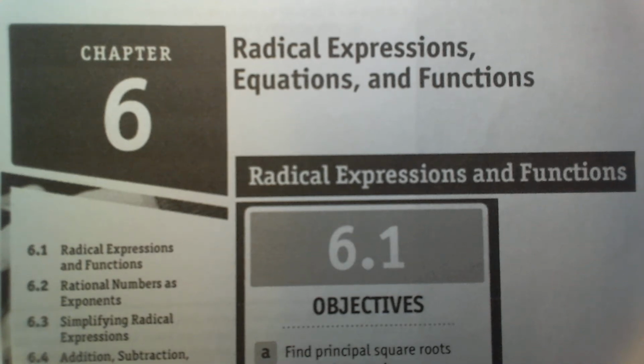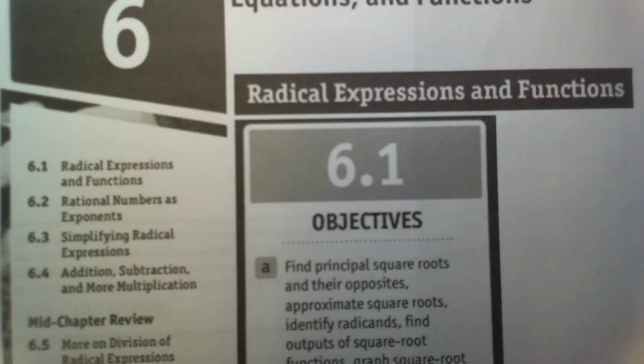Chapter 6 is on radical expressions, radical equations, and radical functions. And it's a big chapter. In fact, there are 8 parts to that. Number 6.1 is radical expressions and functions. Then 6.2, rational numbers as exponents, and then simplifying radical expressions, and then addition, subtraction, and more multiplication of radical